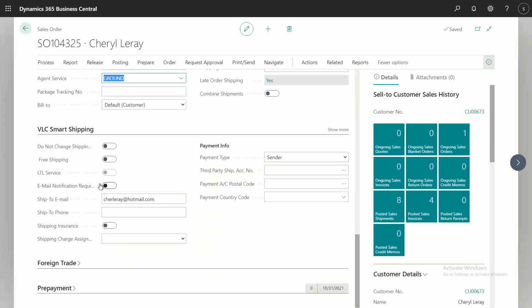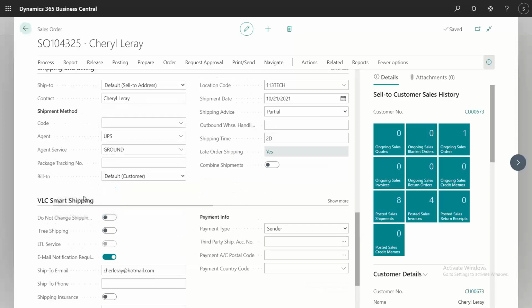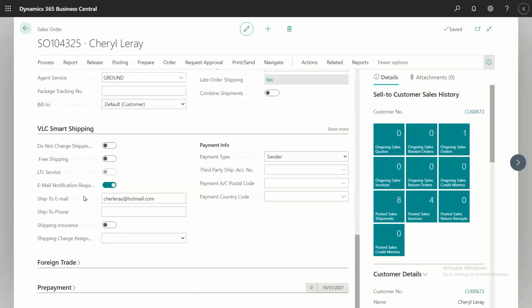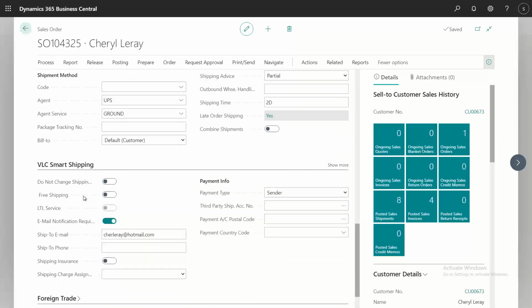Email notification required, make it true if you want. So can I make it true? Yes. Okay, fine. Regarding the agent and agent service code, when you are creating the order automatically from Shopify, on the integration you can auto-populate the default values. Say for ground, if you want to consider UPS and ground, you can make that the default.